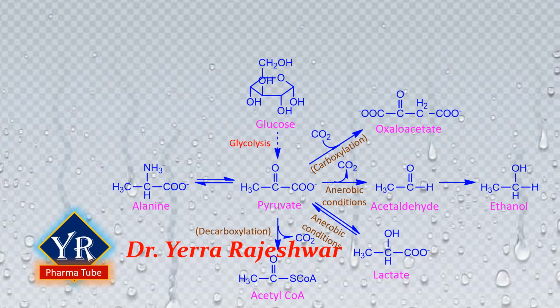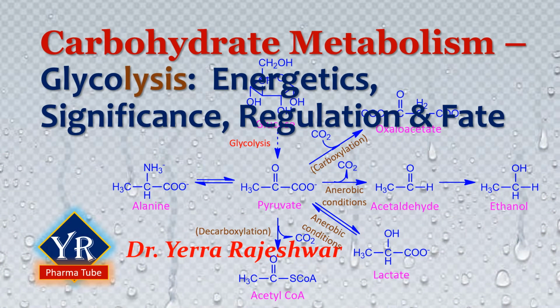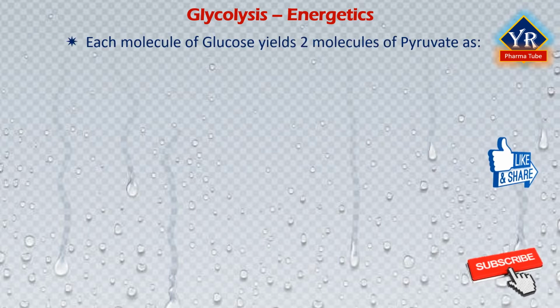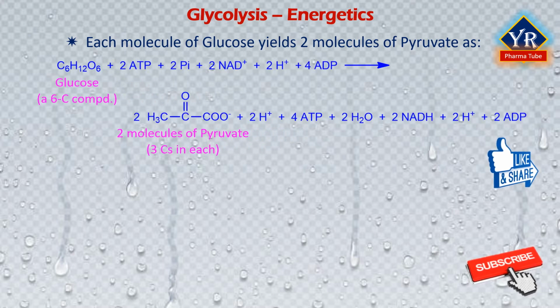In this lesson, we shall discuss the energetics, significance, regulation and fate of glycolysis. Energetics of glycolysis. It is understood from the previous lesson that each molecule of glucose yields 2 molecules of pyruvate via glyceraldehyde 3-phosphate. The total inputs and outputs of all the 10 glycolytic reactions may be written as shown in